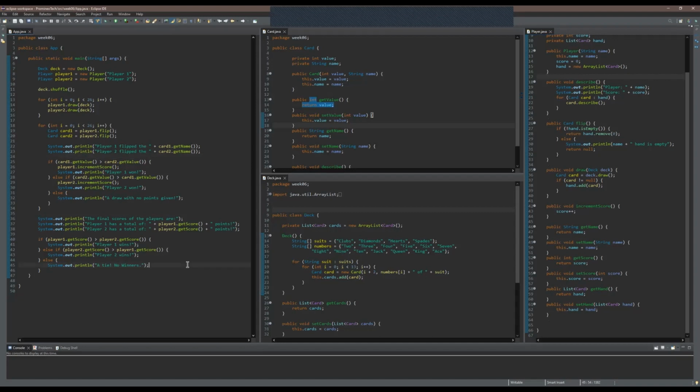Finally, I created a class called app with a main method. This is where we will be creating the game. Here I created my game by instantiating a deck and 2 players. I called upon the shuffle method on the new deck, then populating the players' hands with the cards with a